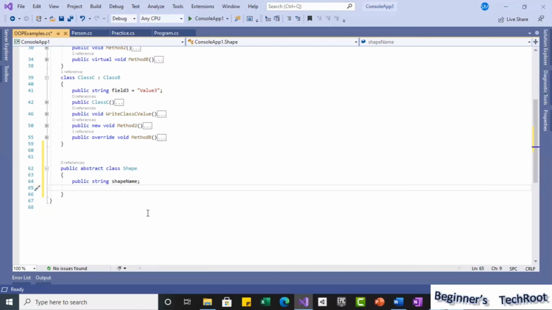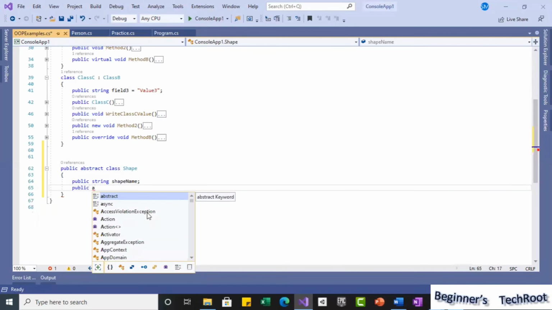So public string shape name, and then every shape will have an area, right? For that area, I am going to give one property to get the area and one method to calculate the area and return it. So I am going to declare one more public member.